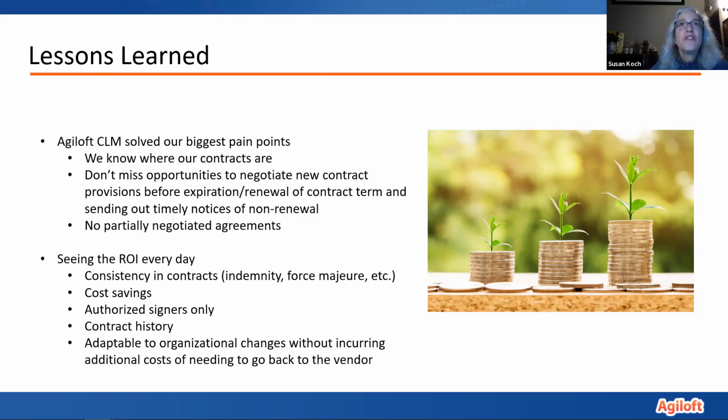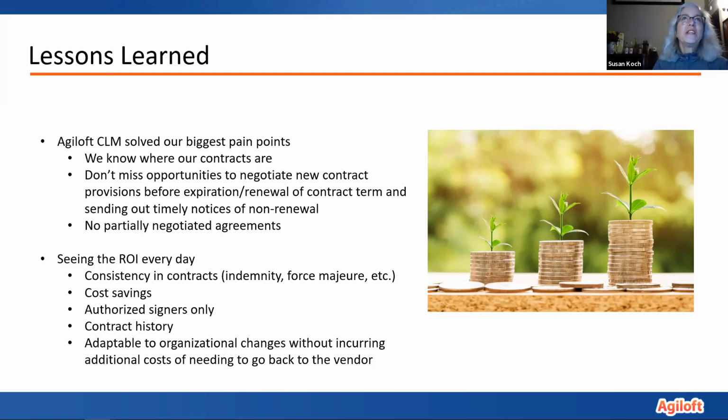So now things flow much better. No one gets surprises that, oh, we have to deal with that tomorrow. Yes, because the day after the contract expires, that doesn't happen anymore. No longer does my general counsel say, why does this agreement only have one